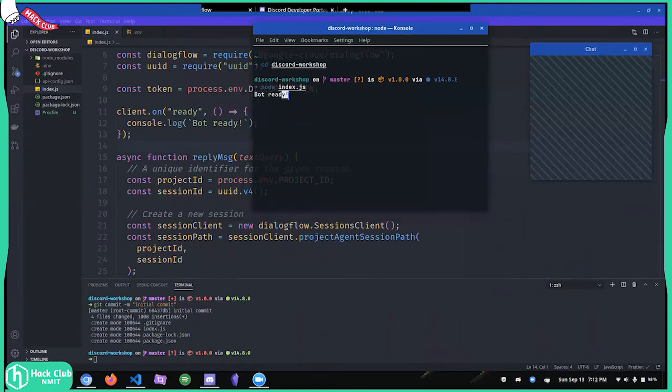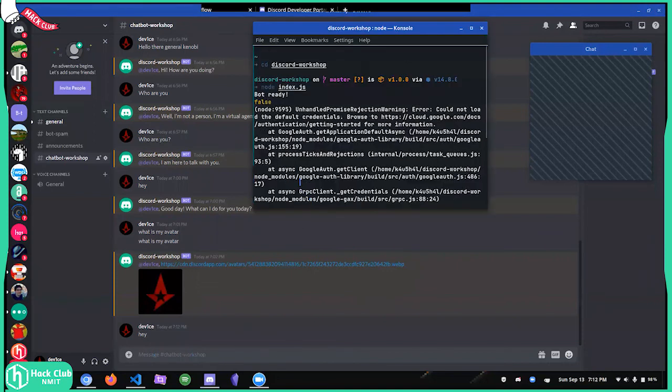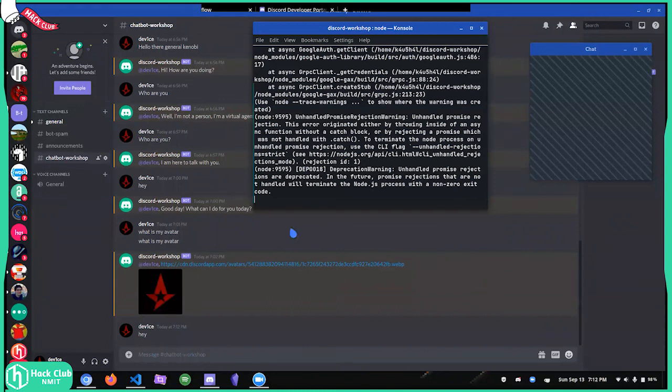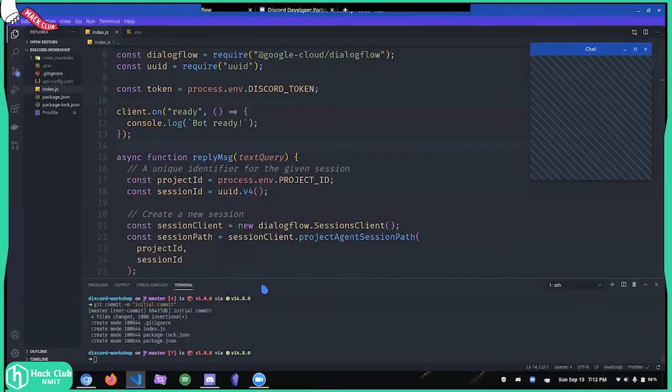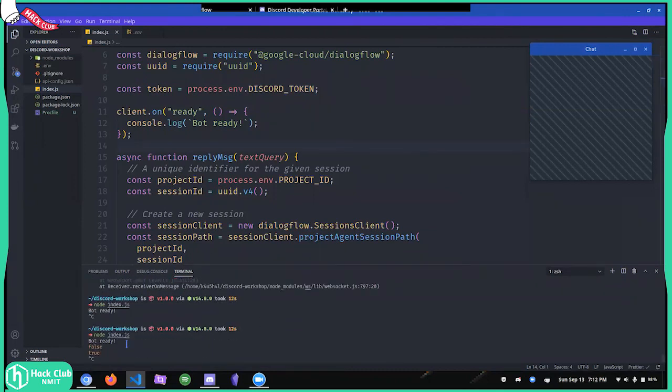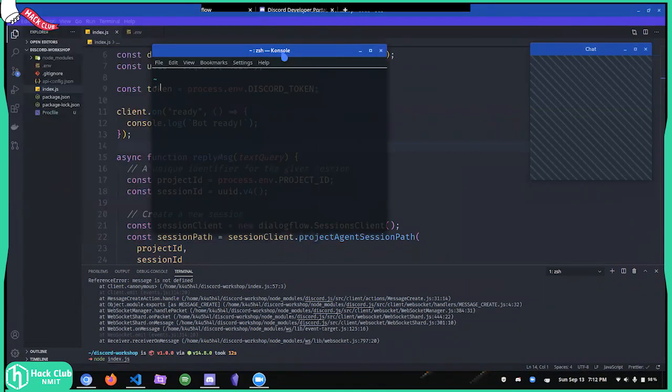So this is my terminal, and I've got the message, and the same way I can converse with it. It's a bit slow in the beginning. Okay, what happened? Could not load default credentials. One second. I think because I've exported everything inside this Visual Studio Code terminal, all the environment variables are there. You can still use the other terminal, but then you have to run that export command again. The export, which one is it?